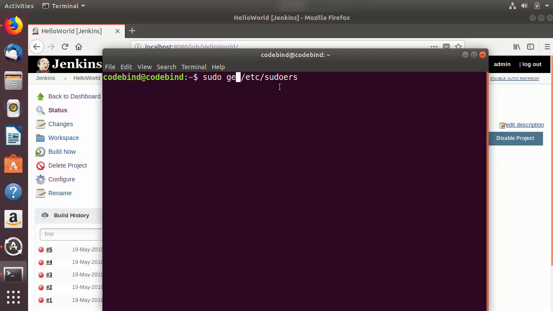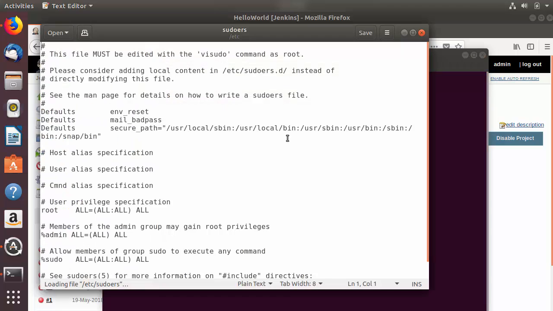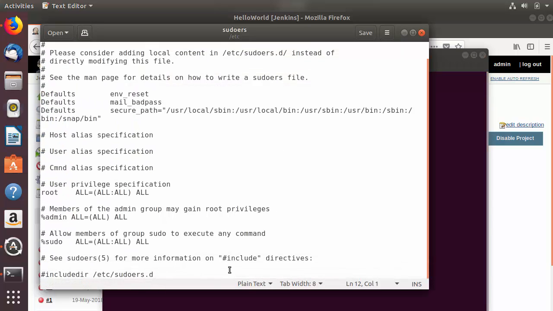For me, I'm going to use gedit, or you can use nano or vi, or the best would be sudo visudo. Okay, so just write sudo gedit /etc/sudoers and then press enter, and then give your Ubuntu's password or Debian's password,